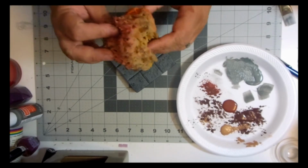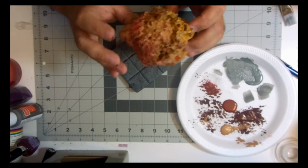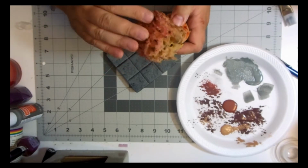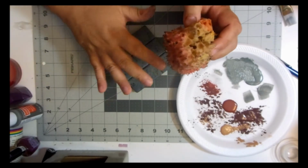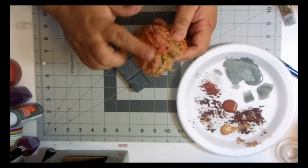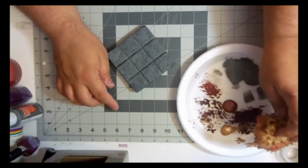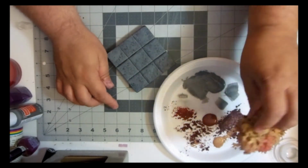So, now we're going to go with the sponge. And again, the reason I like the sponge is you can get a little bit of paint and just kind of speckle things with it a little easier than you can with a brush. Nice random patterning. So, with the dark brown, what we're going to start off with is the deep undercoat with the speckling. So you find a large section, get your brown paint on there,